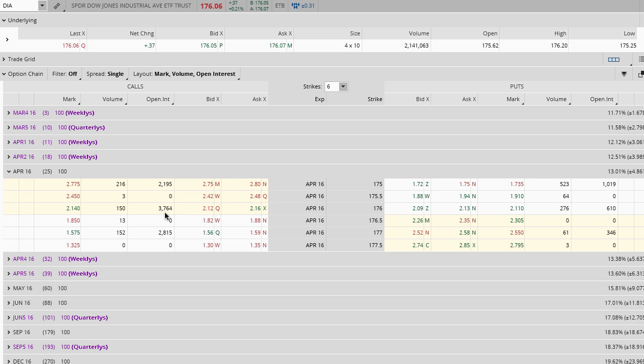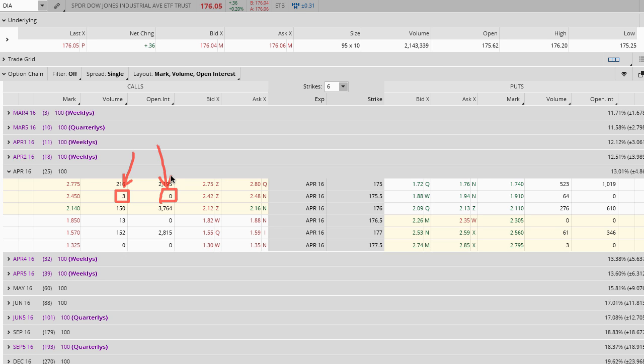And you'll also notice that sometimes there'll be a 0 in the open contracts, but there'll be volume. And you'll ask yourself, well, why is it that there is volume, meaning we know 3 people traded these contracts today, but there's a 0 here? And there's really 2 explanations for this. One is that they could have been all closing orders, meaning those 3 contracts could have closed everything out, meaning